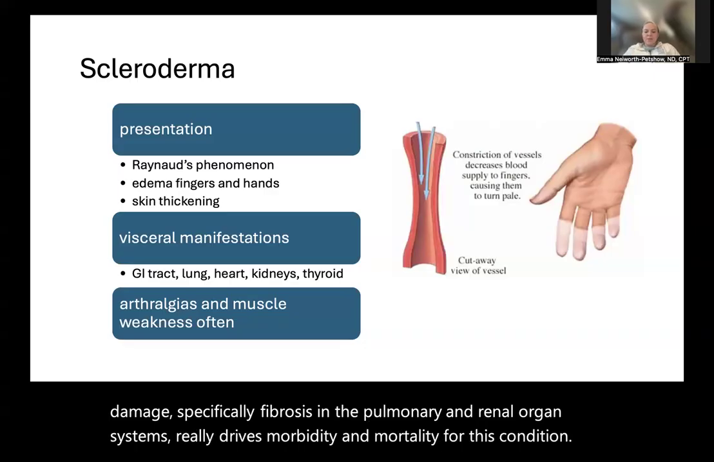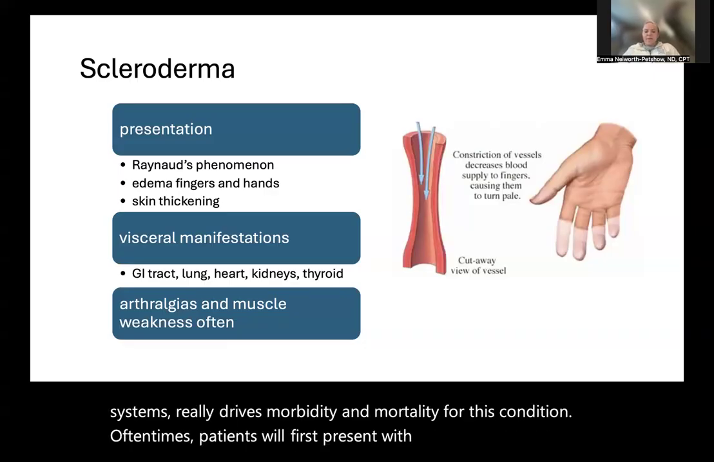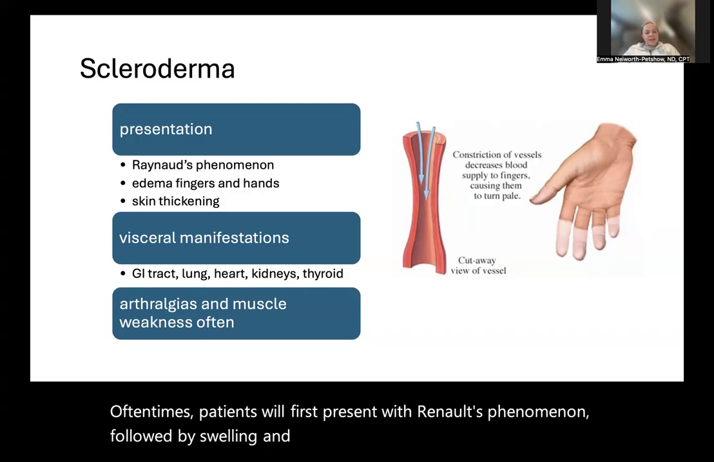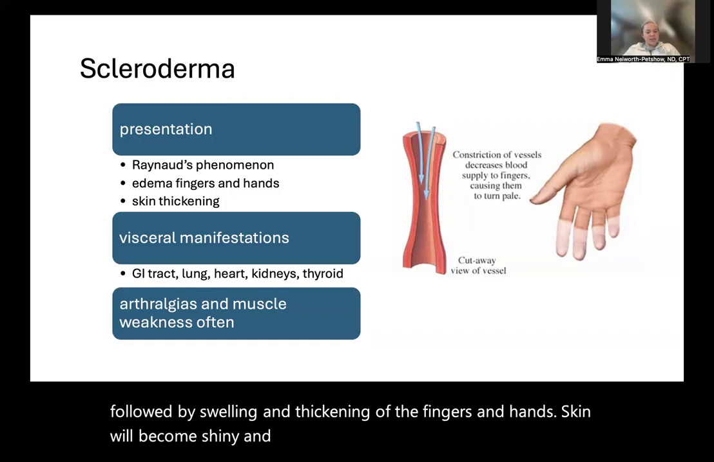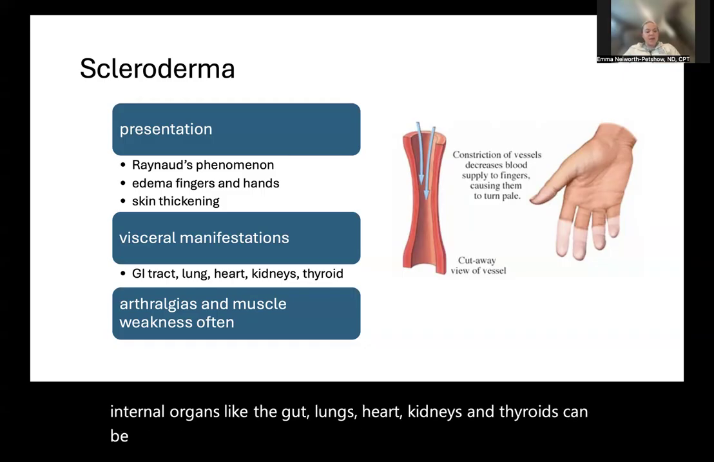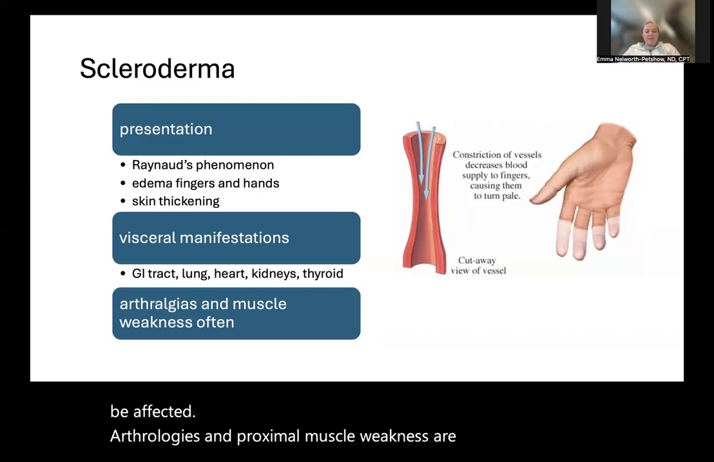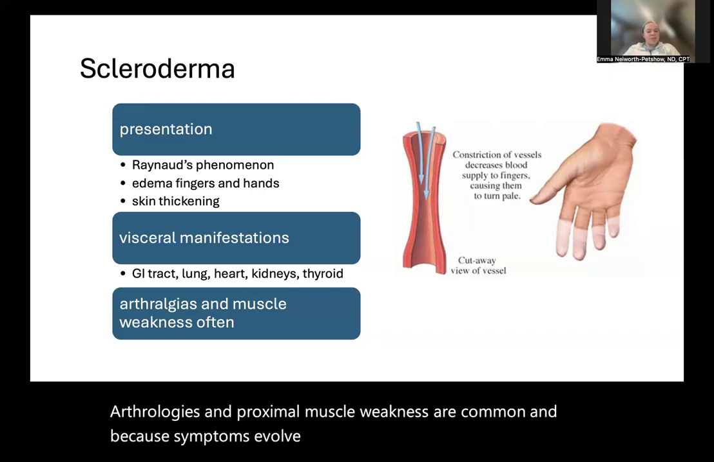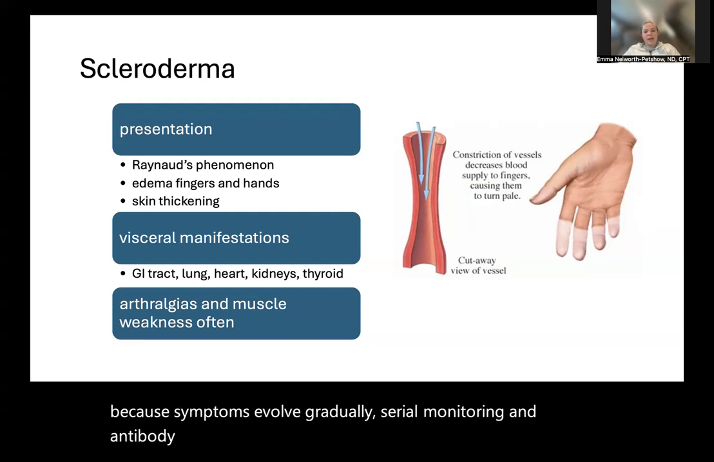Oftentimes, patients will first present with Raynaud's phenomenon, followed by swelling and thickening of the fingers and hands. Skin will become shiny and tight, restricting movement. And over time, internal organs like the gut, lungs, heart, kidneys, and thyroid can be affected. Arthralgias and proximal muscle weakness are common, and because symptoms evolve gradually, serial monitoring and antibody testing help track disease